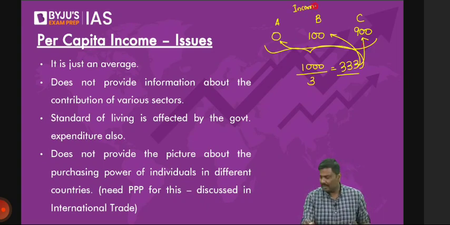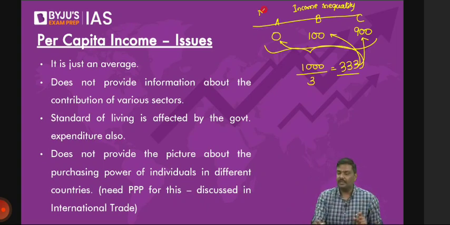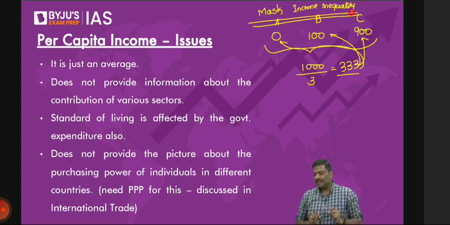Especially for a country such as India, which has very, very high income inequality. Don't you think I'll use a statement now? Have a look at this. Don't you think the per capita income will mask income inequality? Is the logic okay? The per capita income will hide. Mask means hide. It will mask the huge amount of income inequality in India.